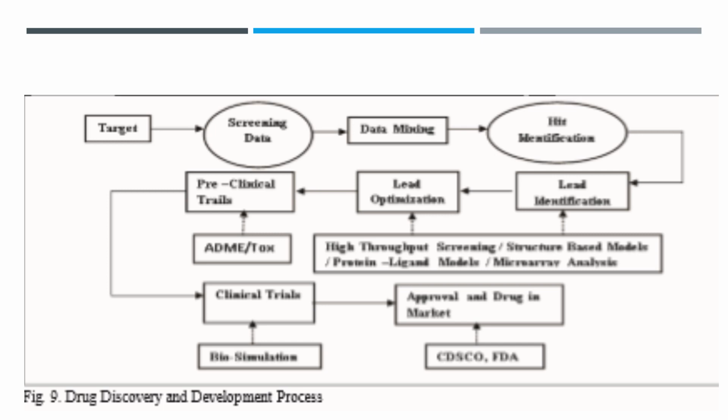synthesis. First of all, one is able to identify the target, and with the help of chem informatics he is screening the data, and with the help of data mining is able to identify the hits and then subject the hits to lead identification, lead optimization, and preclinical trials. The preclinical trials involve the toxicology study, which is also done with the help of chem informatics, and following which